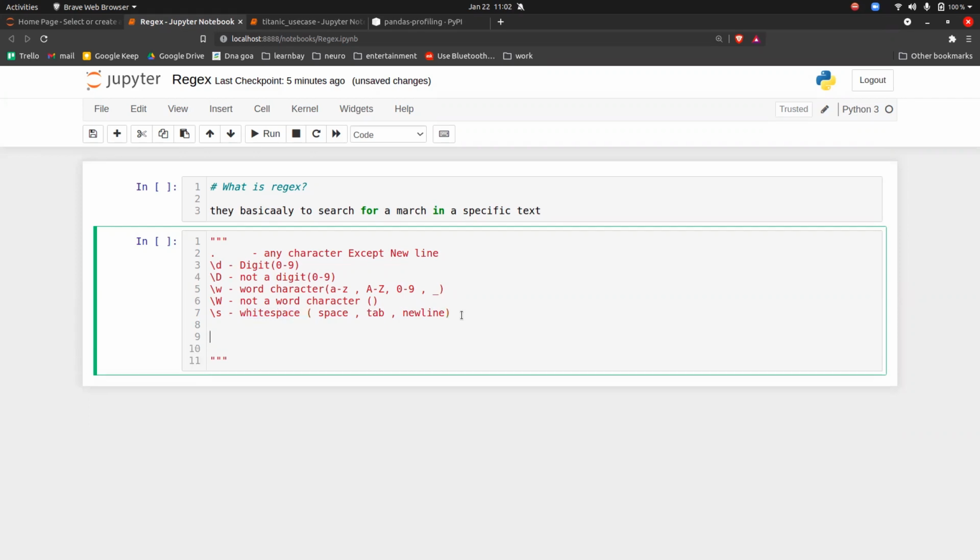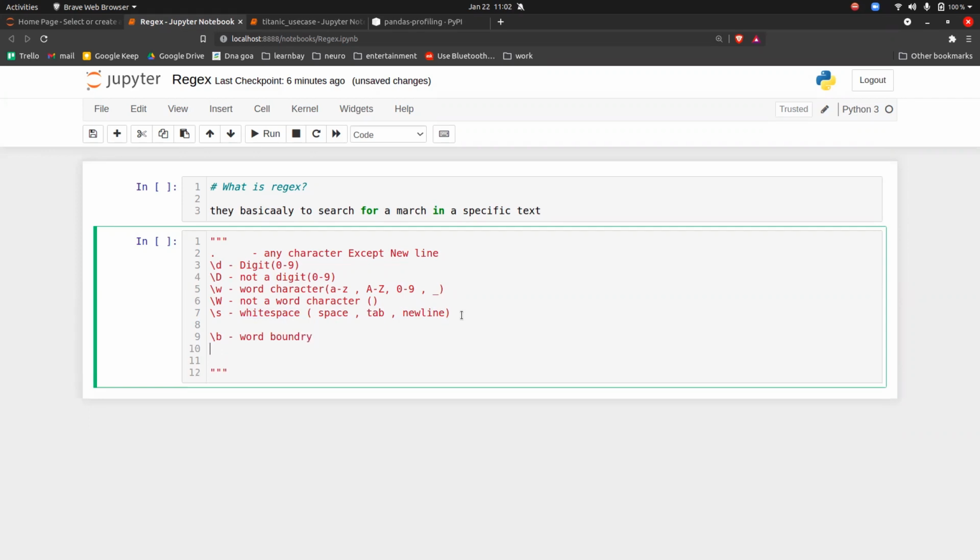Then we have something called /b, and that is word boundary. And then we have capital /B, and that is not a word boundary. Okay, guys, these two things, word boundary and not a word boundary, I can explain only with the help of an example, because we don't have any definition for it. When I tell you the example, then you will understand what is a word boundary and what is not a word boundary. So I will just leave it like that.